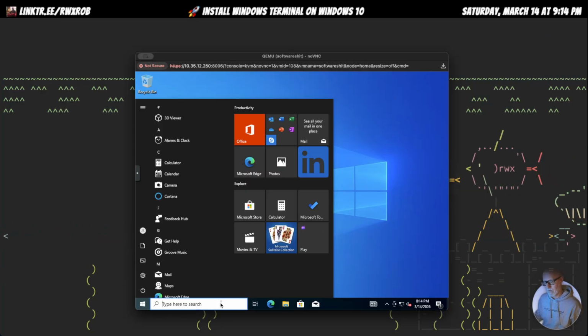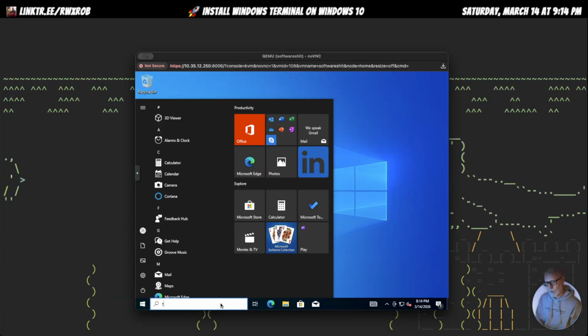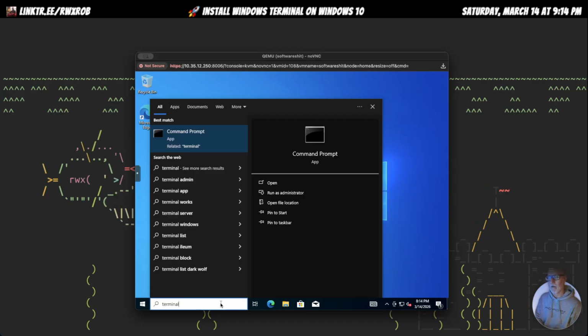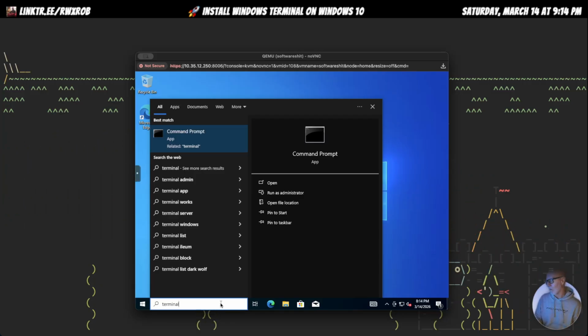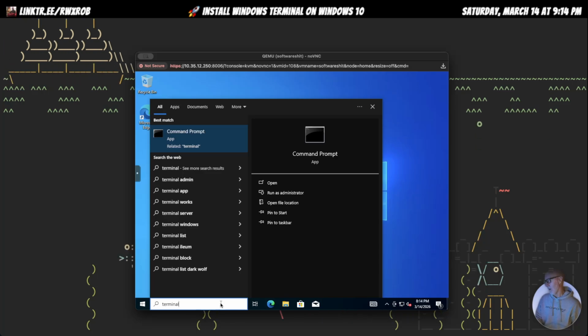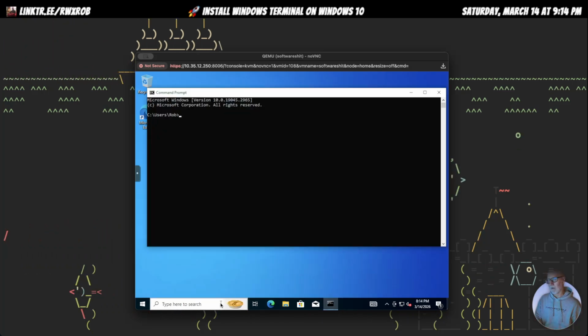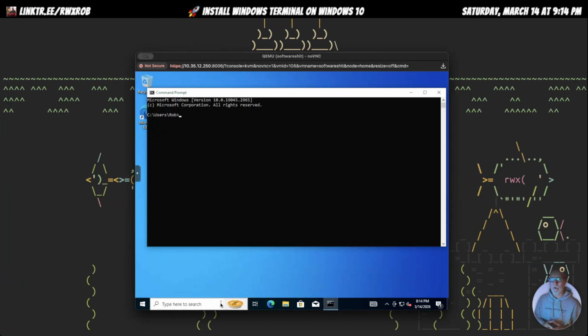So we're going to click down here and we're going to type in terminal. And you see how it says the command prompt? So this is the old Windows 10 terminal. Yeah, very blue. This is the ancient terminal, which I happen to know